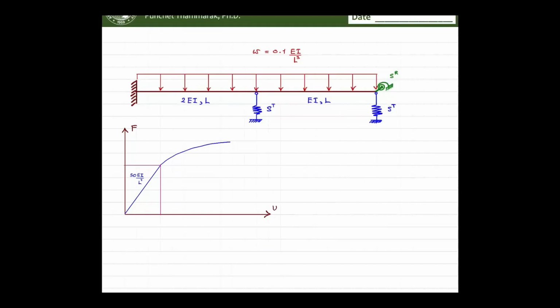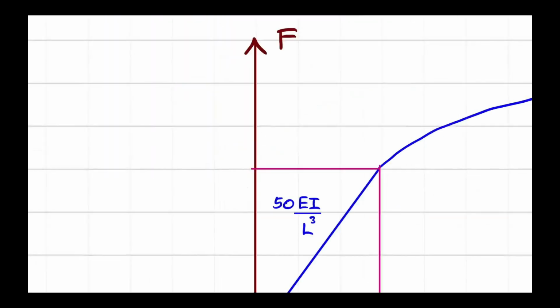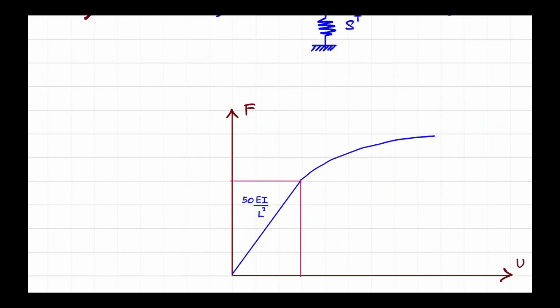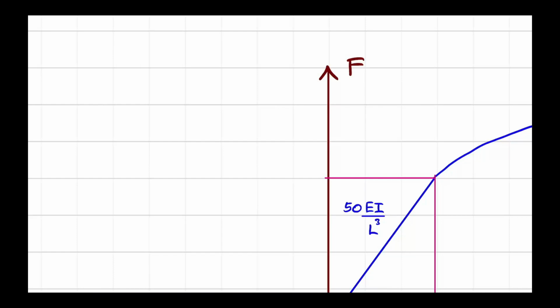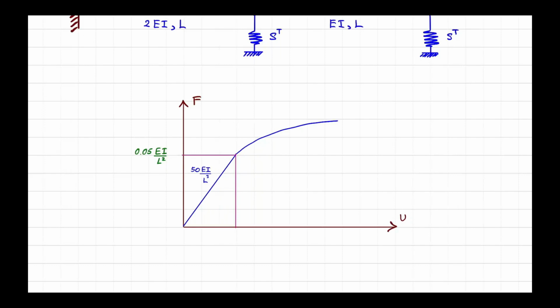So I want to make sure that it yields, because we are teaching nonlinearities. If the system is elastic, ridiculous. 0.1, right? Make it 0.05, have a wonderful yielding. 0.05 EI over L square. So it's the first yield force,